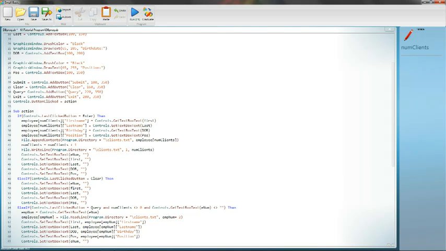So client 0 is going to have a first name of whatever's in the text box. It's going to have a last name of whatever's in the last name text box. It's going to have a birth date of whatever's in the birth date text box, and the same thing for the position. After we do that, we're going to call on a method inside the file library called Append